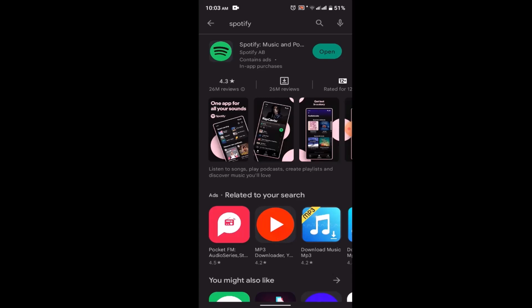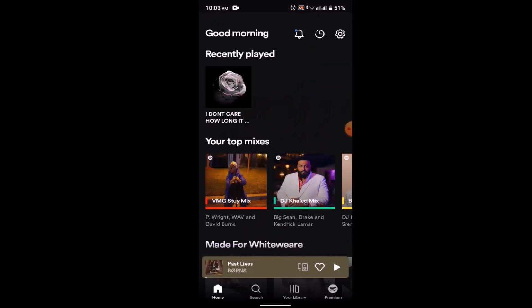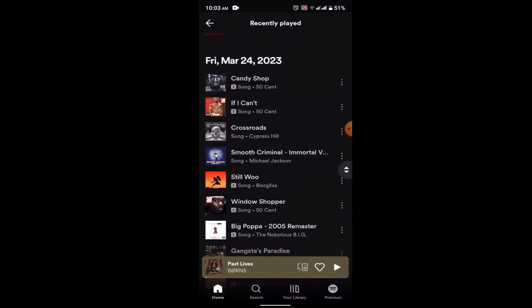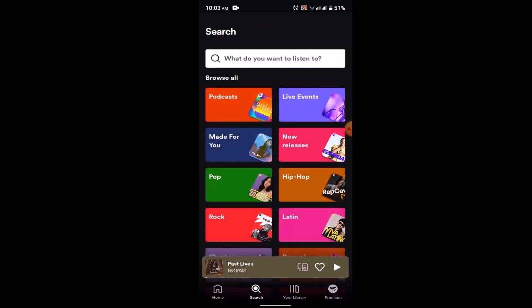You can simply log in to your Spotify account. After that, you'll be directed to the home page. After you're logged into your account, in the top right corner there is a clock icon. Just click on it, and as you can see, these are all the search history, all the recently played music. Now in order to clear it, click on the search bar, which is right at the bottom,